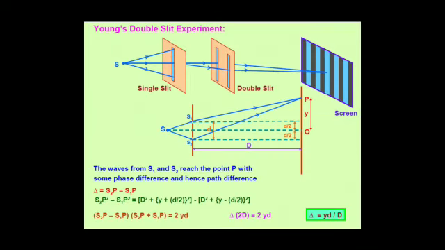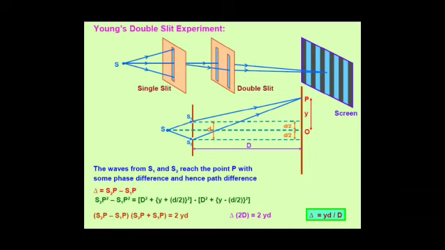In this slide, you see the setup for Young's double slit experiment, where S is the ultimate source of light. A single slit is illuminated by it, which is optional. We can have it or not. Further, the two slits S1 and S2 are illuminated by it. These two slits serve as the two required coherent sources because they are being illuminated by the same source, so the light emanating from them will have constant or no phase difference.